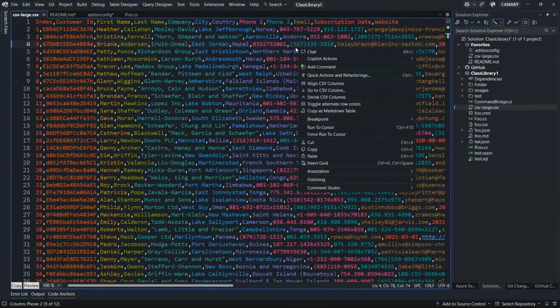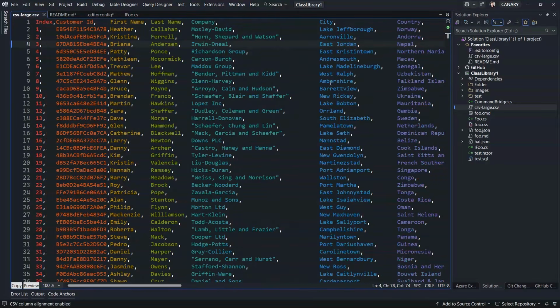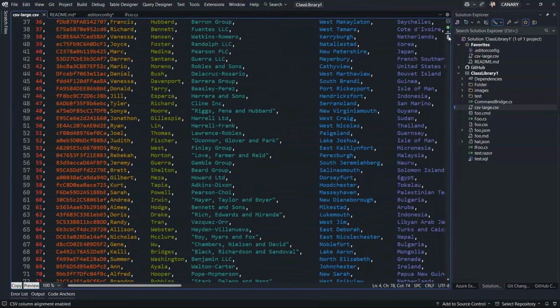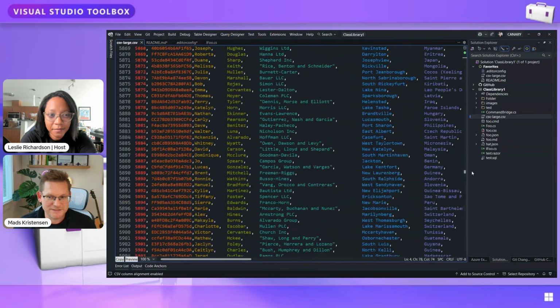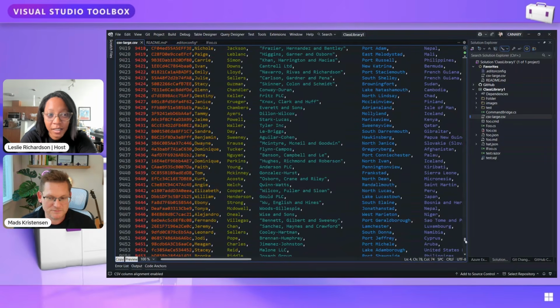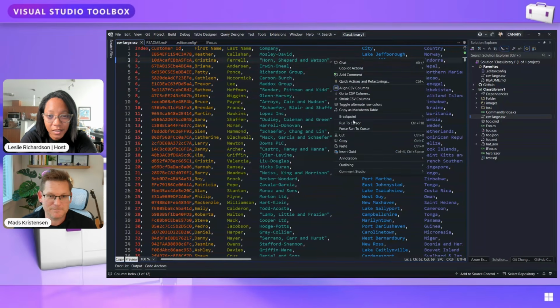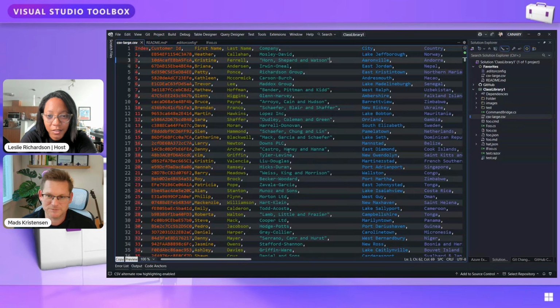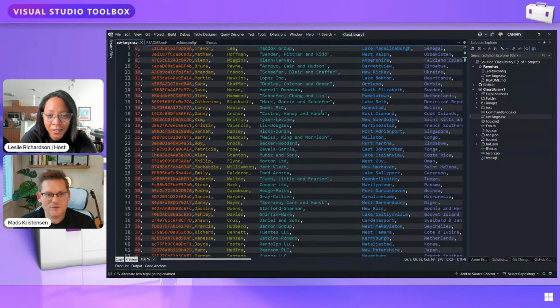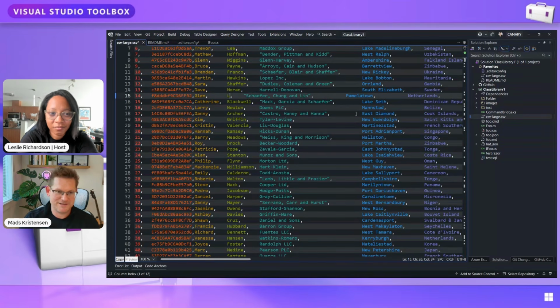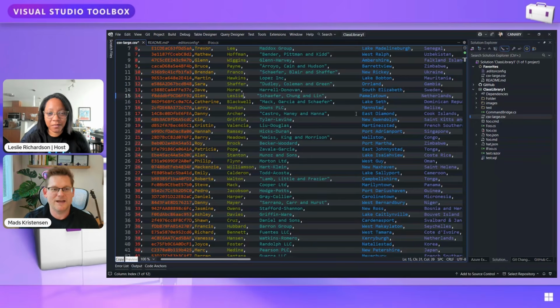But I can right click and say align all the columns. Boom. Oh, wow. You would expect something like this to be super slow, but it's not. This is just the editor. Let's get the alternate row colors, to make it even easier for you. Whoa. You don't even need to go to Excel anymore. Isn't that amazing? That's awesome. And I can type and it's not slow.